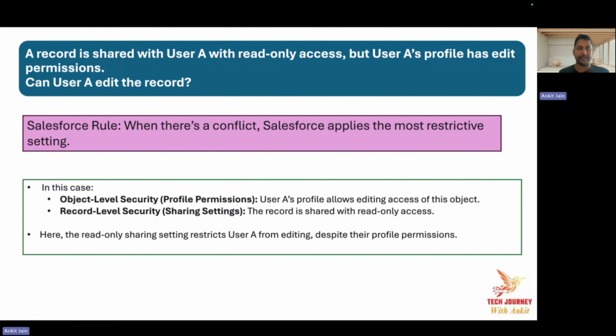So if I take this as an example, in this example at the profile level, user is getting the edit access. Moreover, at the record level, the user is getting the read only access. So there are two different access here. One is the read only and second one here is the edit access. Now, if I do compare in between the edit and the read, the most restrictive access here is going to be the read access, right? So despite at the profile level, user have the edit access, but the most restrictive access will win. And with this role, user A cannot edit the record. I hope you folks got the understanding how to go and attempt the scenario based question based on the security.